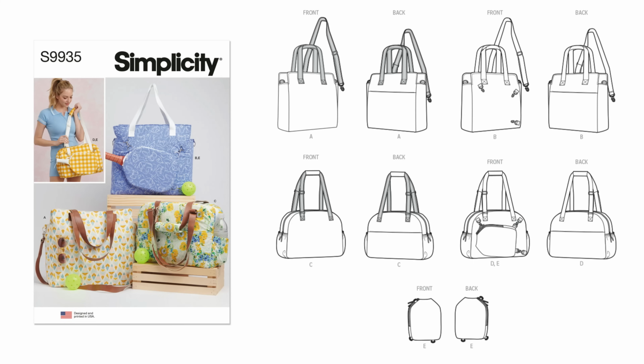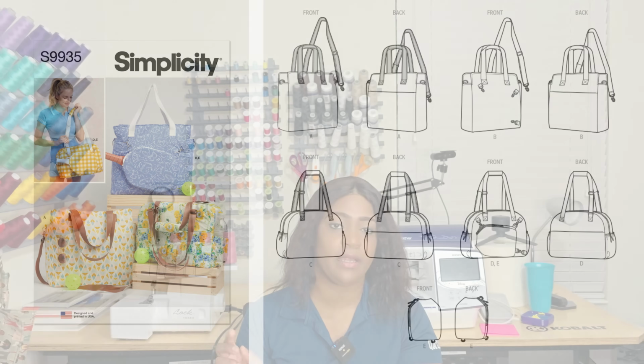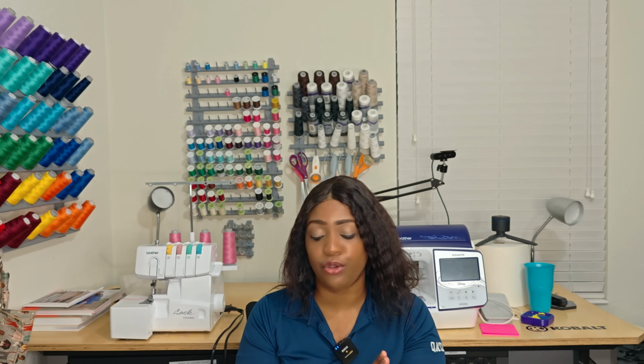In terms of view C and D, they have the zipper opening, side pockets, and hook and loop tape for the strap covers. And then the paddle cover has the D-rings that attach to the tote in view B and D, which have that swivel clasp for sure. Now, view D and E are your tote bags that feature the pickleball paddle cover,